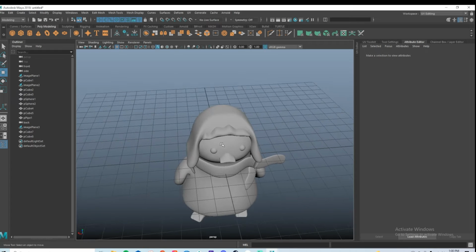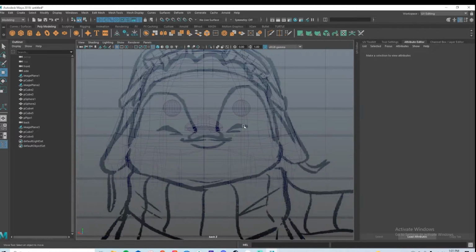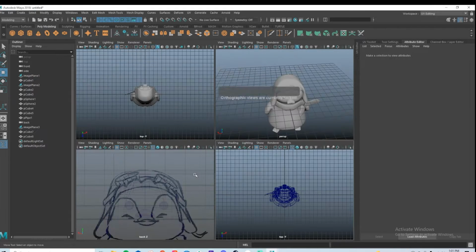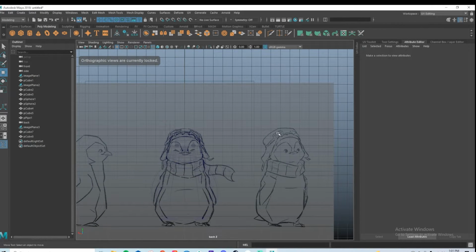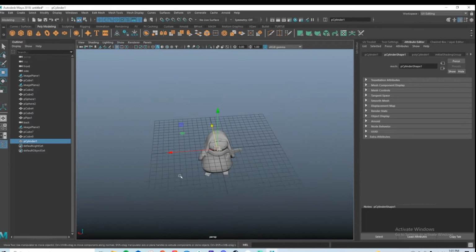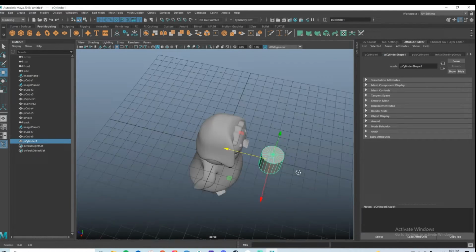Alright, and then he is supposed to have some goggles on his head. So we can go ahead and create those. I would probably create, let's see what his pilot goggles look like. Okay, so they're little spheres hanging on. Okay, cool. So what we're going to do is we'll grab a cylinder,